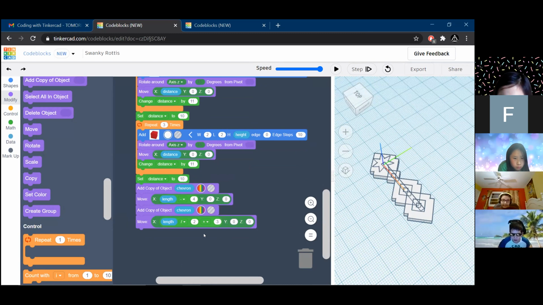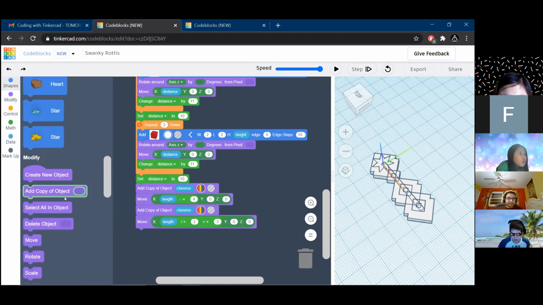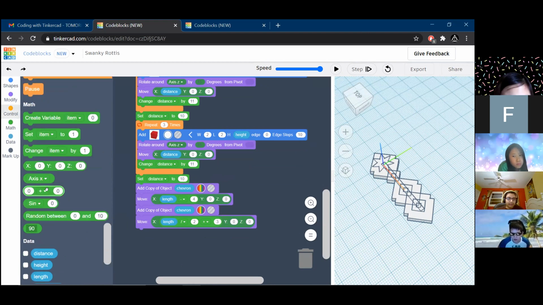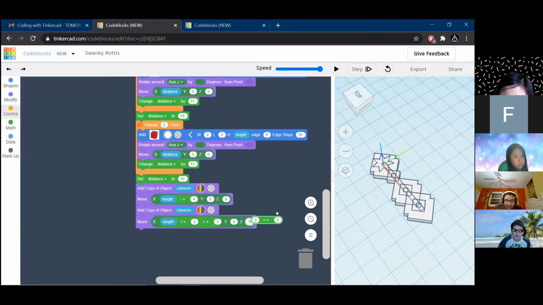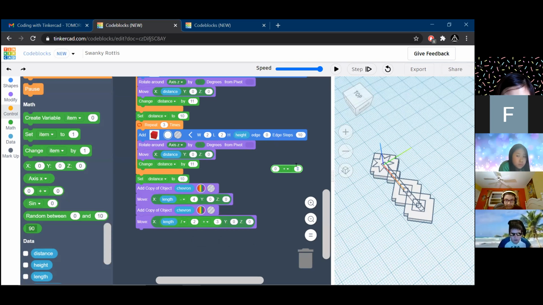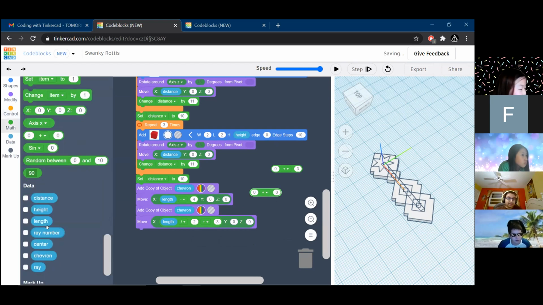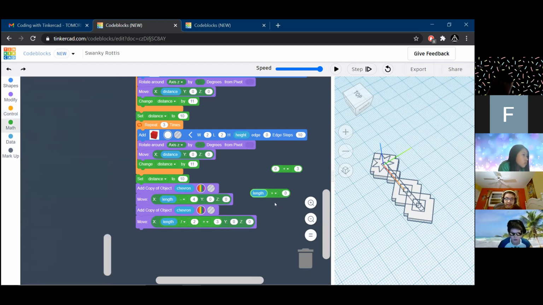Okay, so I'll go over the math step once again. That is slightly confusing. Okay. So we have a math here, and we are going to go +3. Then we're going to drag over another math, and it's going to be length divided by 2.